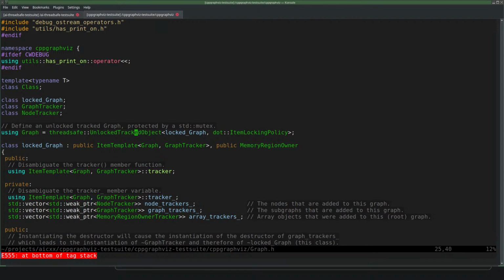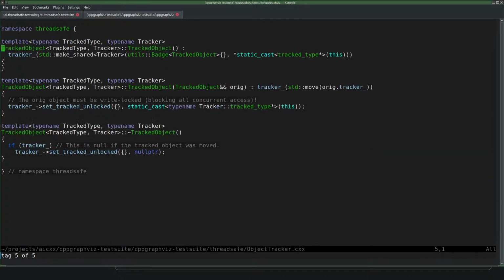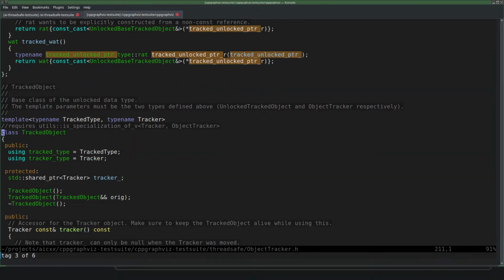Yeah, so the mutex of the log graph is being locked. This is then the log graph here, and the item template is derived from tracked object, which is